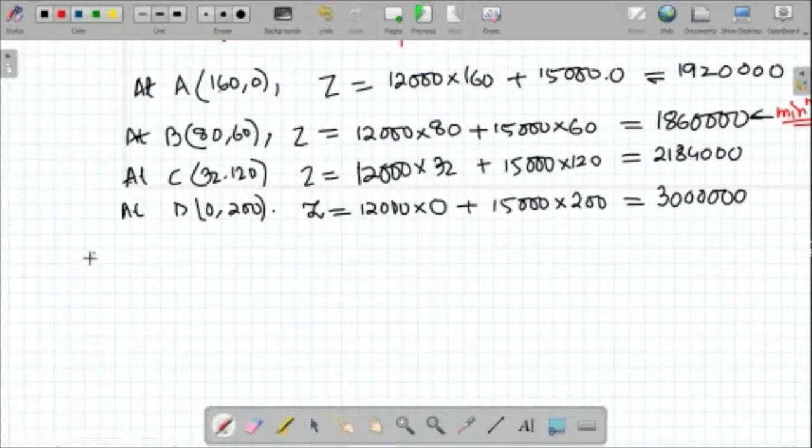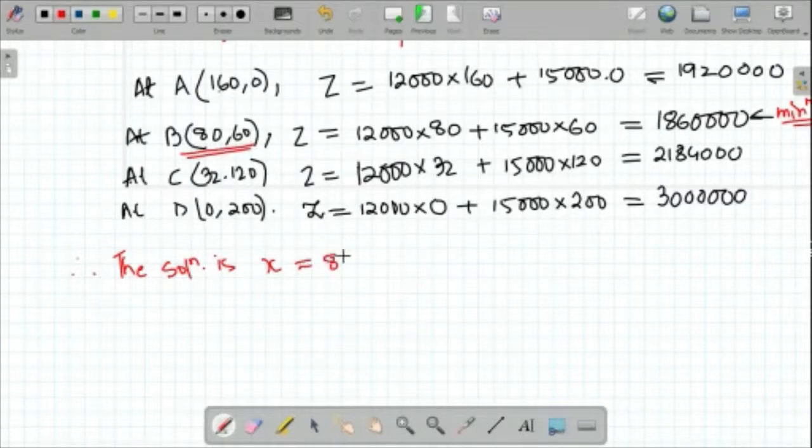So what is the solution? Therefore, the solution is X equals to, at the point B we are getting the minimum value, so X is going to be 80 and Y is going to be how much? 60. And that's our solution. Okay, right? And what is the minimum cost? This is the minimum cost, but the question is asking what is the number of units,